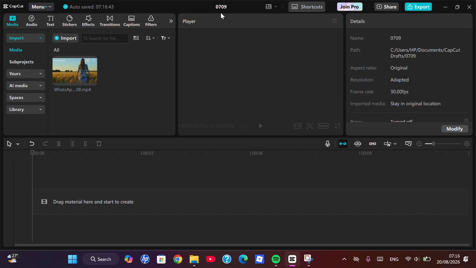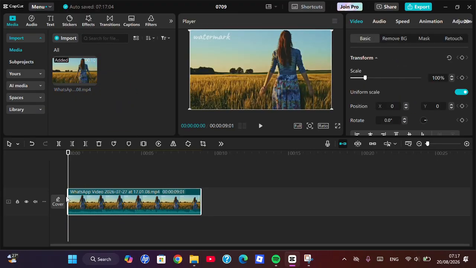In today's tutorial, I'm going to show you how to use the keyframe feature in CapCut PC. Okay, let's get into it, guys. Basically, we can use the keyframe to make a movement either on the video, on a photo, or any object. For example, I'm going to use the keyframe to make a zoom in or zoom out effect.